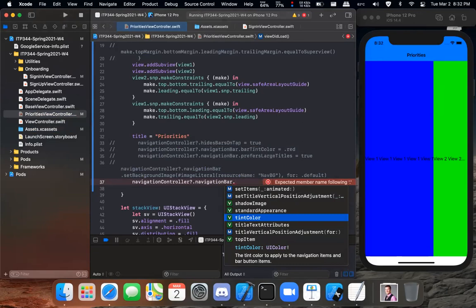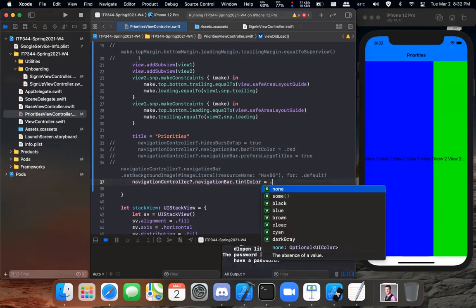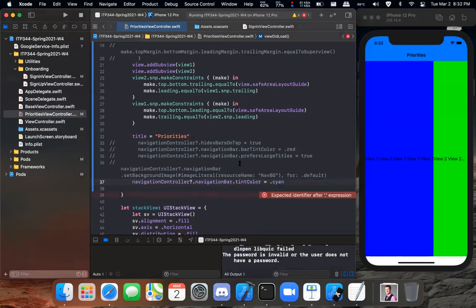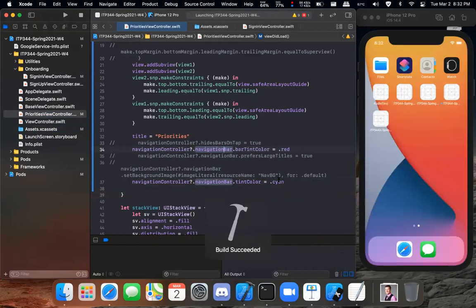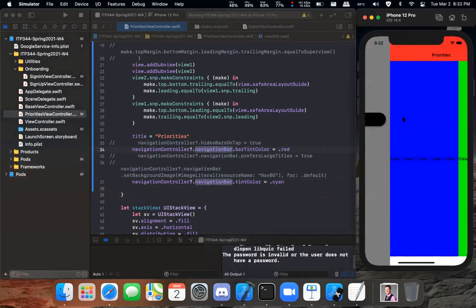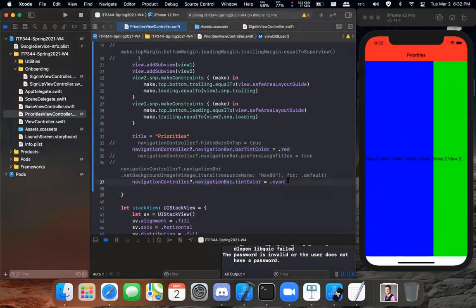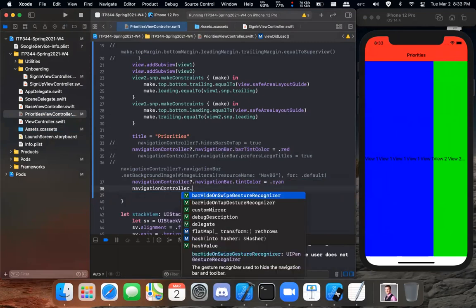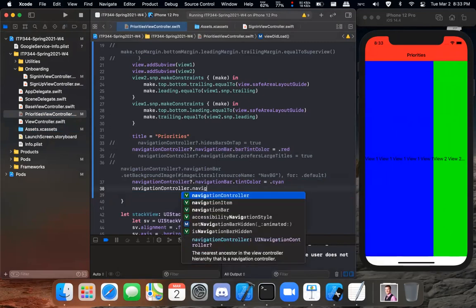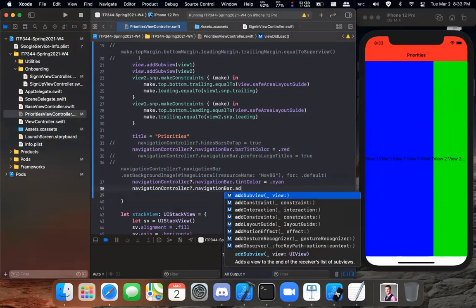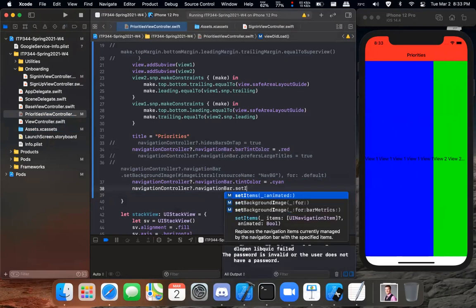Okay, so there's also the tint color, which is very misleading. You see how there's bar tint color and tint color. They're actually two different things. It's so misleading. You see the tint color actually doesn't really do a lot, but bar tint color tints the bar. But let's actually add an item to a navigation bar. Set item or set